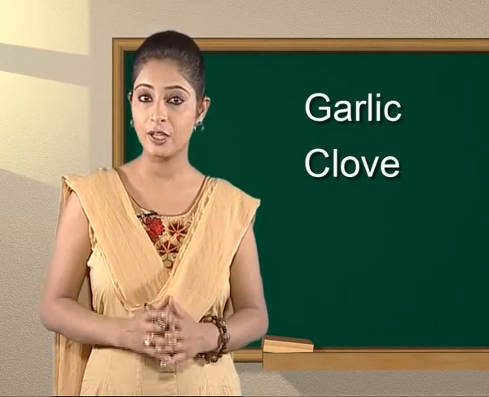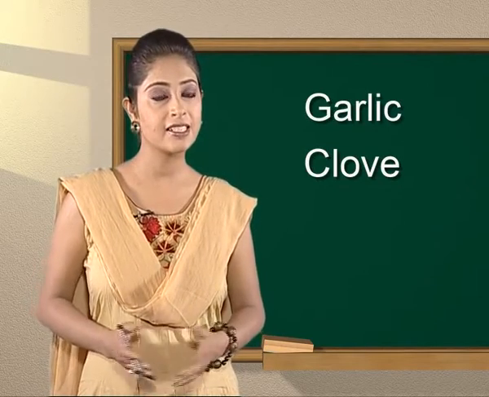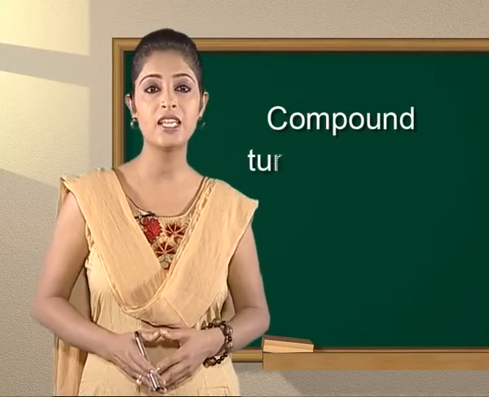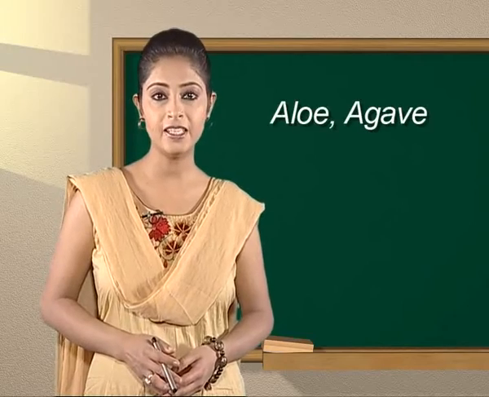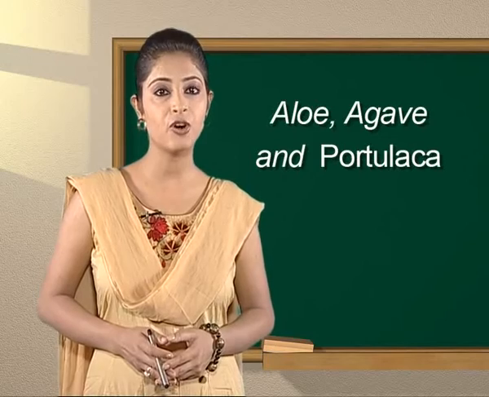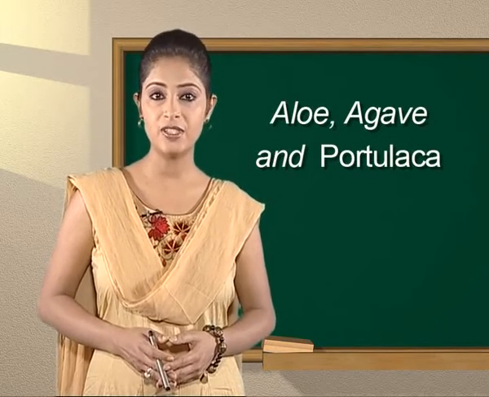The cloves are individually as well as collectively surrounded by scaly leaves. Hence, the entire garlic bulb can be called a compound tunicated bulb. In some succulent forms like aloe, agave, and portulaca, leaves become fleshy or juicy due to storage of water, mucilage,